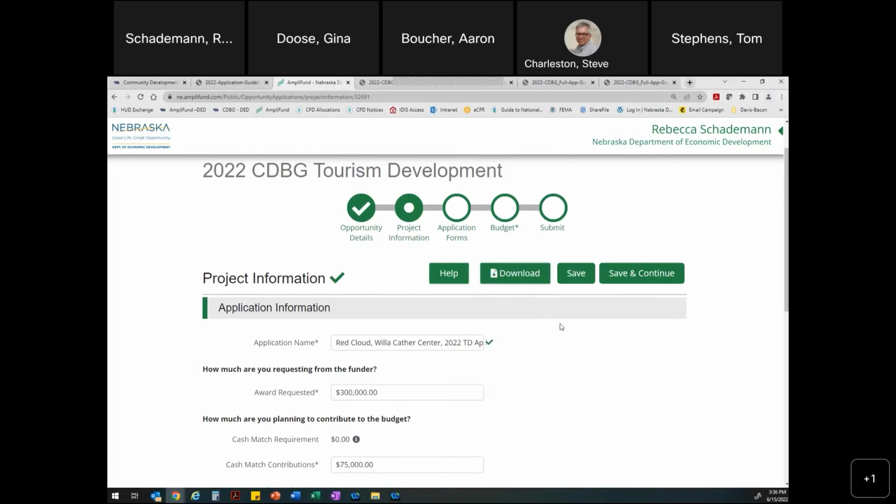So just remember, if you are a consultant and you are being hired by a local unit of government, we want you to be an added user for that local unit of government's account for them to be submitting their application. So we want you underneath that local unit of government account. And if you have any questions navigating through that,